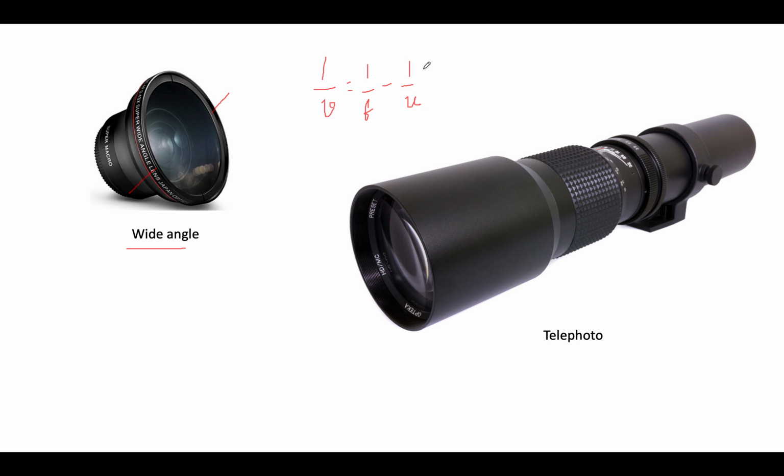So if both u and v are short, then they can match up with f. So you can use a wide angle lens that has a short focal length to get close-up objects, and similarly you can do distant objects with a telephoto lens that has a much longer